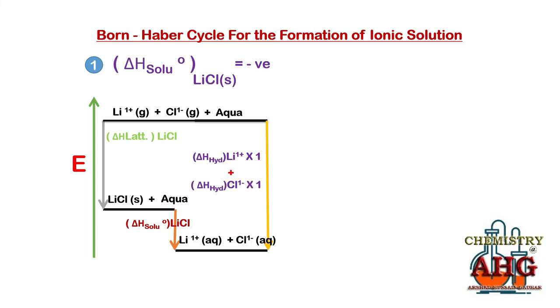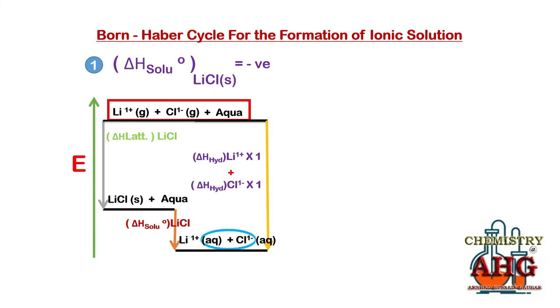Now what if you want to get the formula to do the calculation? You will have to identify what is the initial stage and what is the final stage. The initial stage in this case is shown by the gaseous lithium and chloride ions, because 2 arrows are taking a start from there. How can you identify the initial stage? The stage where the tails of 2 arrows are touching is the initial stage. And the stage where the heads of 2 arrows are pointed, where the 2 arrows end up, is the final stage.